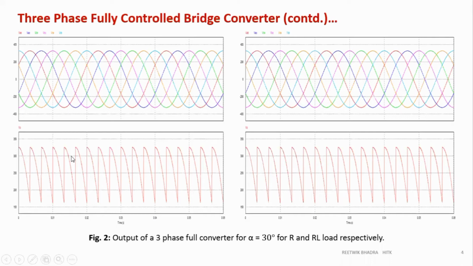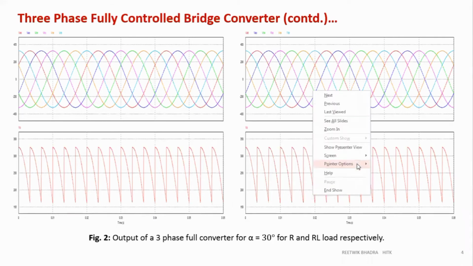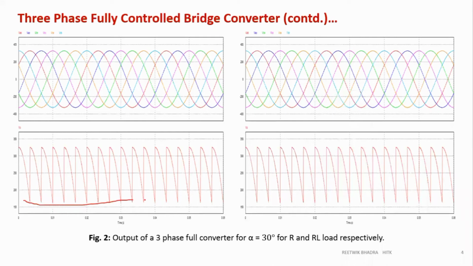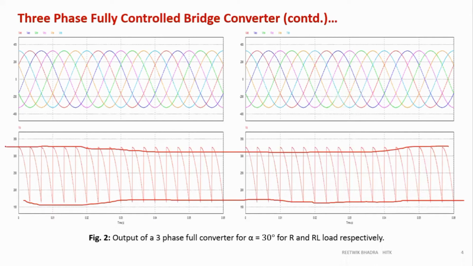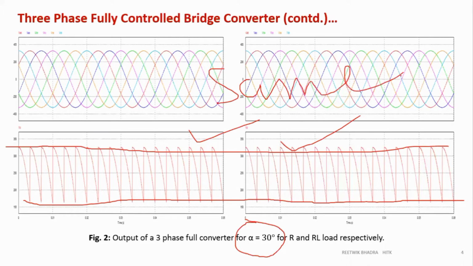This point and this point the same. The lowest point is above 150 and below 200, so the lowest point is also same. And the peak point is also same. So it doesn't matter if you take a firing angle less than 60 degree, all waveforms will be same. So same procedure you have to carry on with all these waveforms.